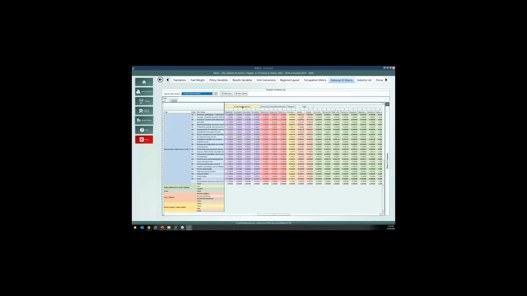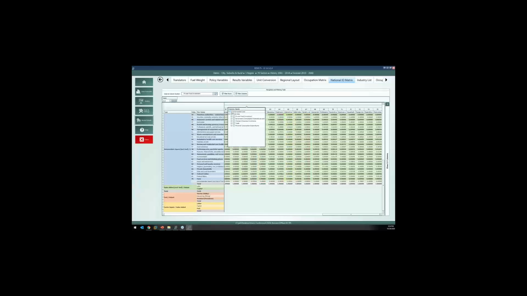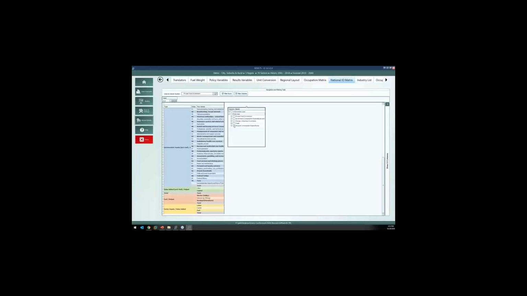We put some filtering in here, which you can also do by using this right-click feature. So if you wanted to, you could turn off everything and maybe compare two consumption categories side by side. We've also made it so that you can look at a little bar chart that shows you the difference between those two things. And we've even put some little comments in here to help people understand how IO tables work. All right.